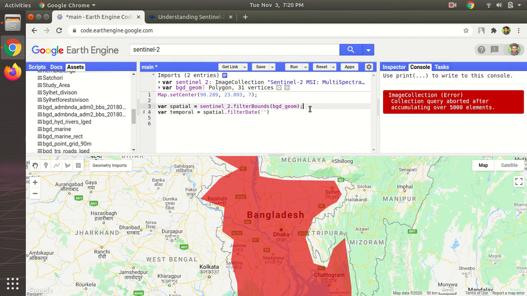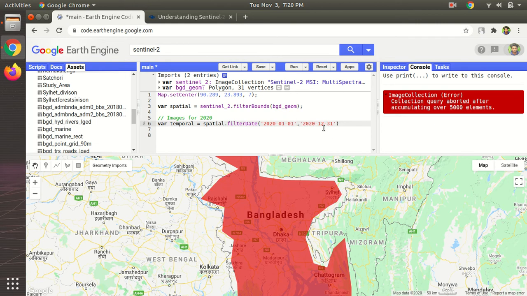So now we are going to filter and collect images for the year 2020. We specify the date range, basically the start date and the end date for which we are searching. So let's say 2020 01, that is January, and 01, so 1st of January, and we are searching until which range? 2020 12. Let's say up till December 31st. So this is the range that we are searching if we were searching for the entire year.